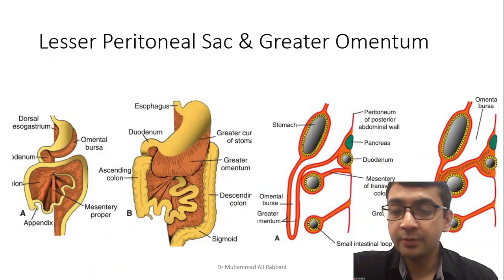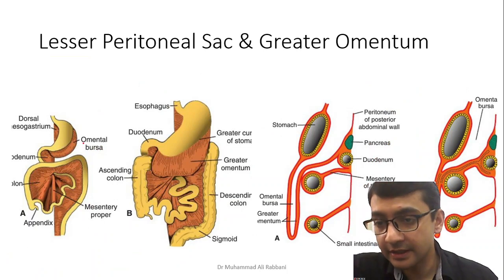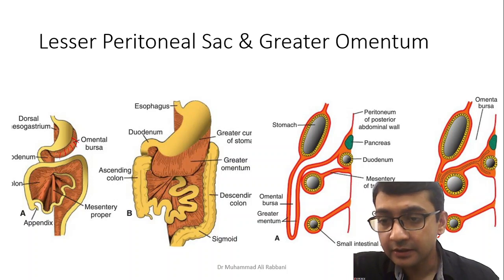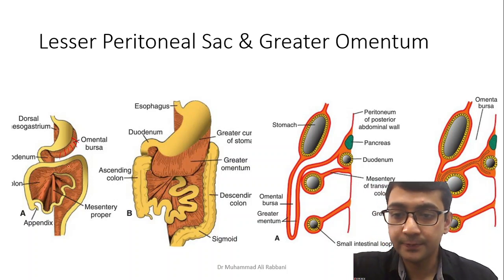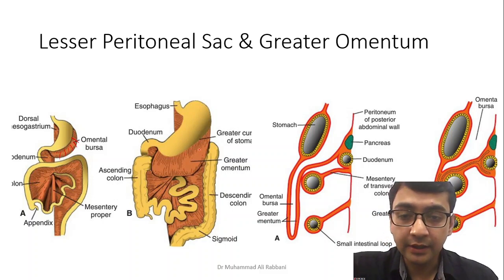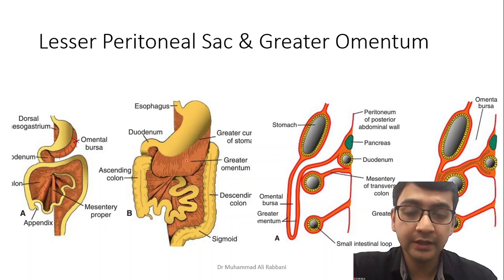Now I will show you in the other pictures. This downward sac, that is known as omental bursa or lesser sac, the name of the one and the same thing. Now it extends downwards. As it extends downwards, you can see that initially it was near the greater curvature of the stomach. With time, it grows over the transverse colon, and with time it grows all the way down to cover the front of the small intestine.